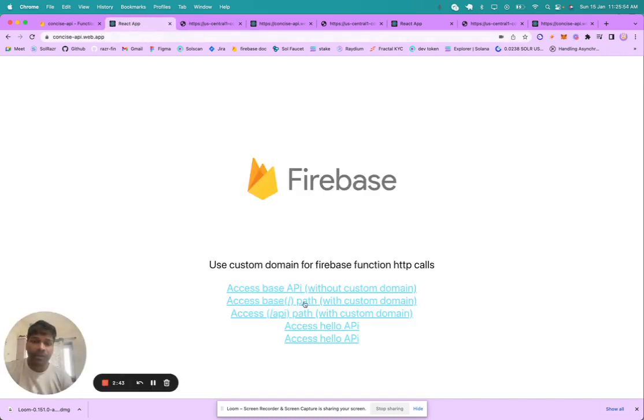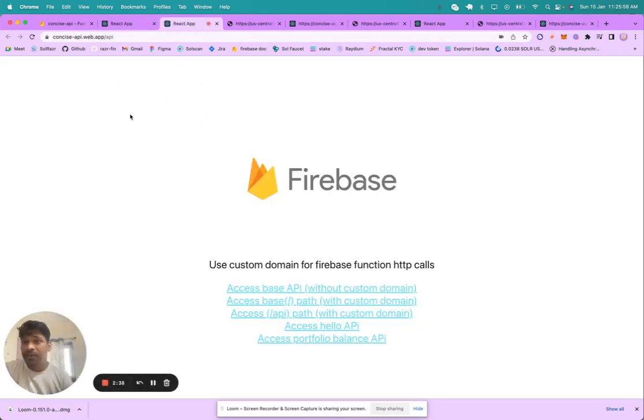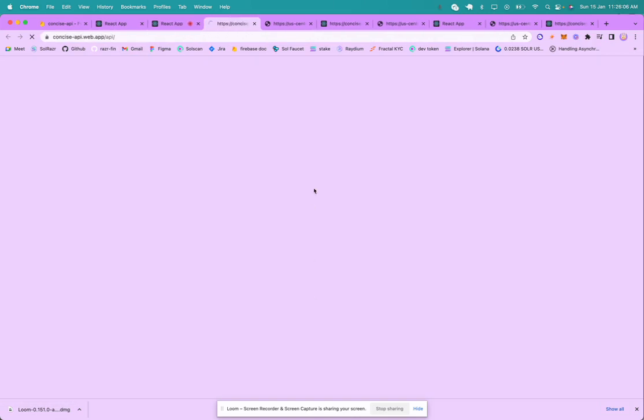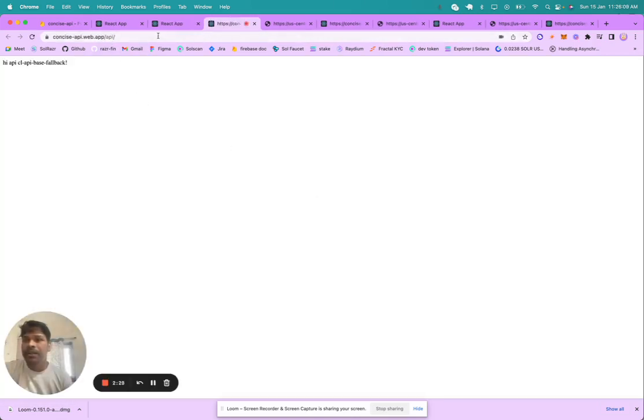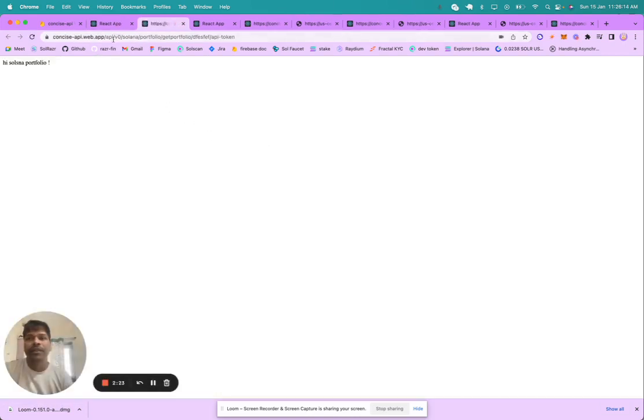But with some configuration change in Firebase hosting, you can access it on the hosting domain. Currently, it is not working, and I can explain why it's not working. But you can see the base path is working fine, and then you can see another route with a deep path. So as you can see, the API works, and we are not using the default URL from Firebase, rather